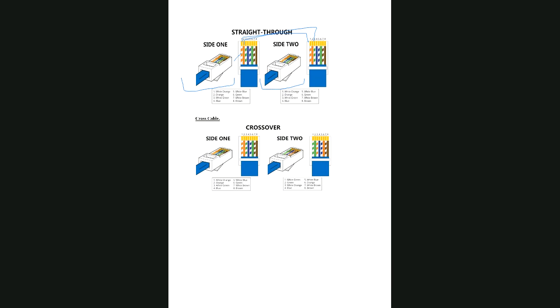That pairing will be the same on both sides. Whereas when we talk about the crossover cable, if I focus on this cable, we can see clearly that side 1 and side 2 have different pairs. For example, in side 1 we can see first we have white orange, but on the other side of the crossover cable we now have white green. That means it has a pair of this and this. The second has orange color, and in this case it has green color. So that's why these cables have a difference in their arrangement of wiring and a difference in terms of their costing.